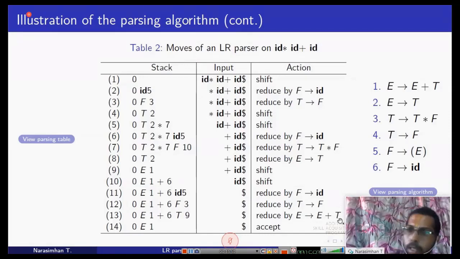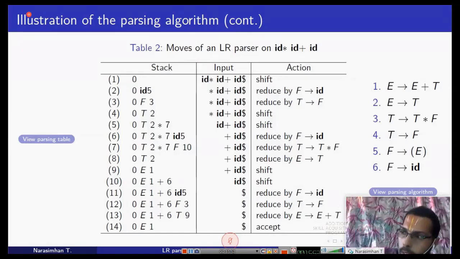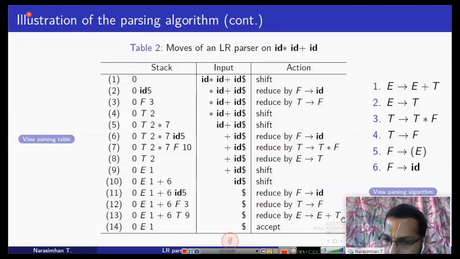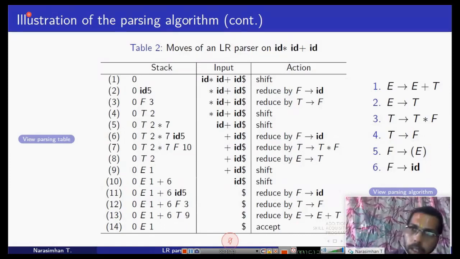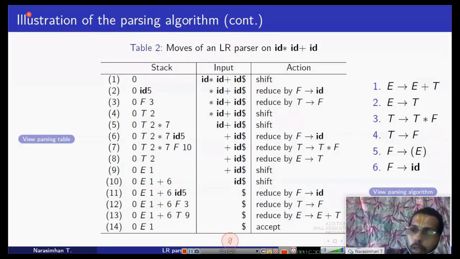And when you reach the rightmost end of the right hand side of the production, that is, when you reach the position to the right of T, it means that you have reached the end of the production. That means the handle could be at the top of the stack and you can probably go for reduction. So instead of just looking at the stack and determining whether the handle is at the top or not, you can watch out for the positions in the right hand side of productions. And when you find that you reach the right end of the right hand side of the production, probably that is the time to go for the reduction operation. That is what I told earlier. Hope this is clear now.